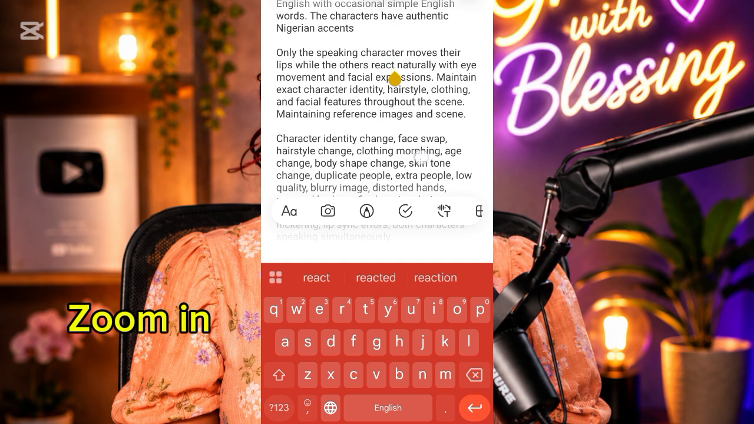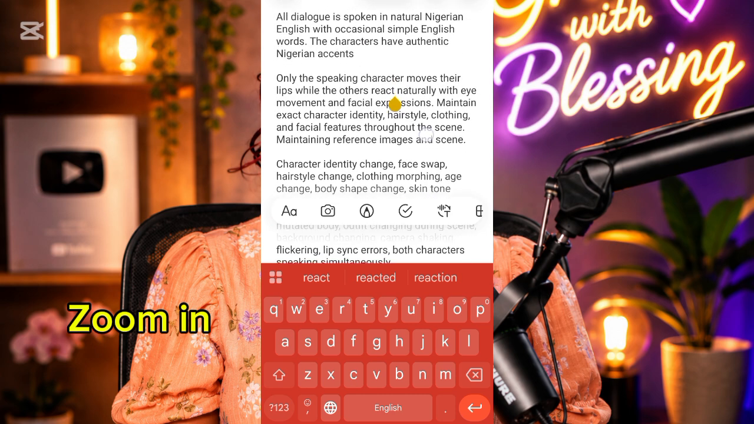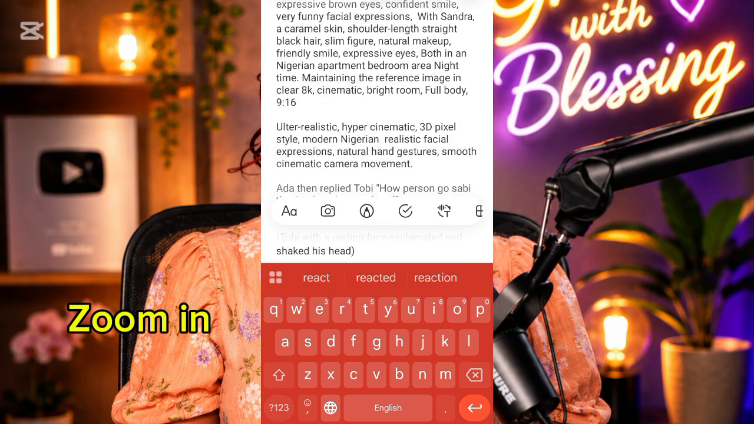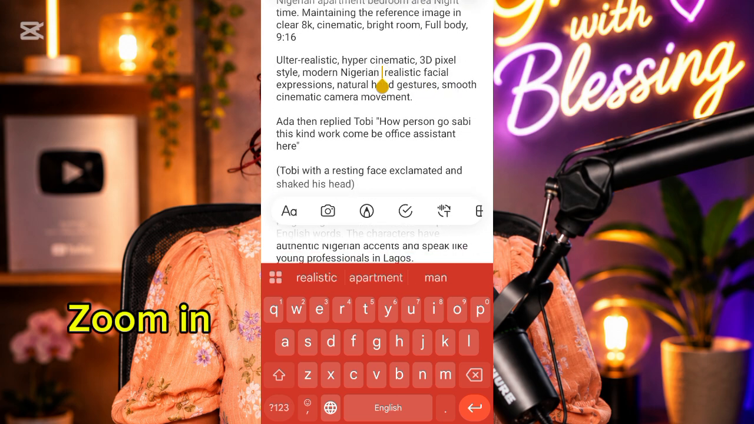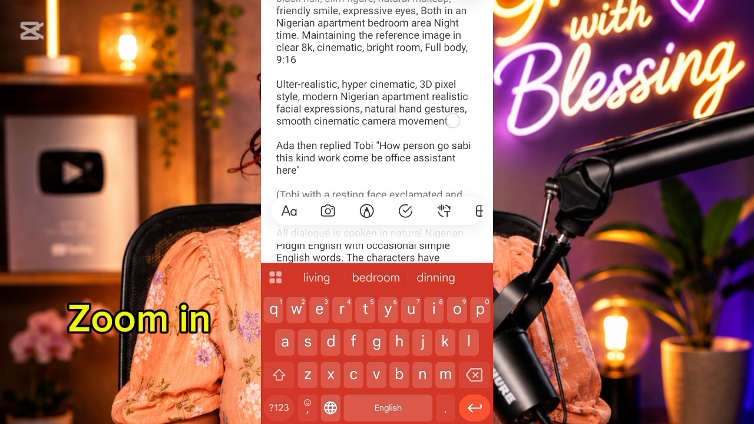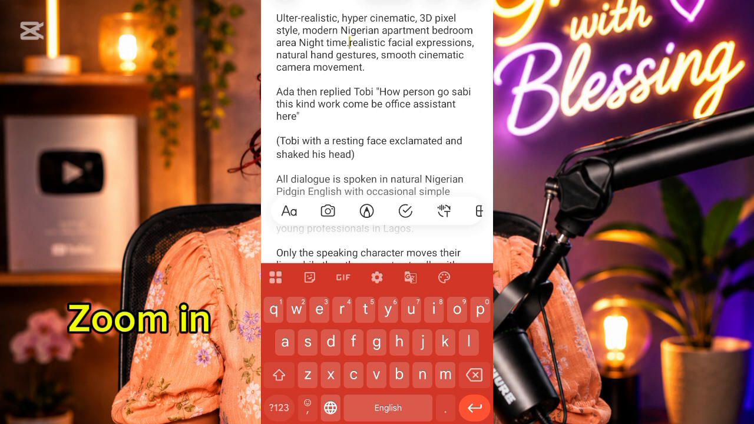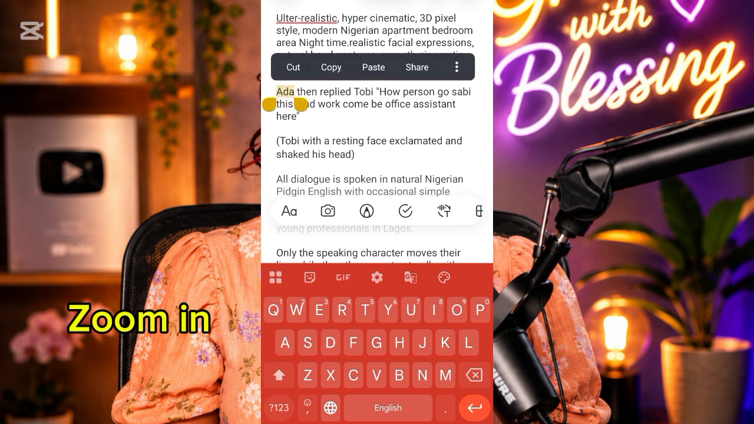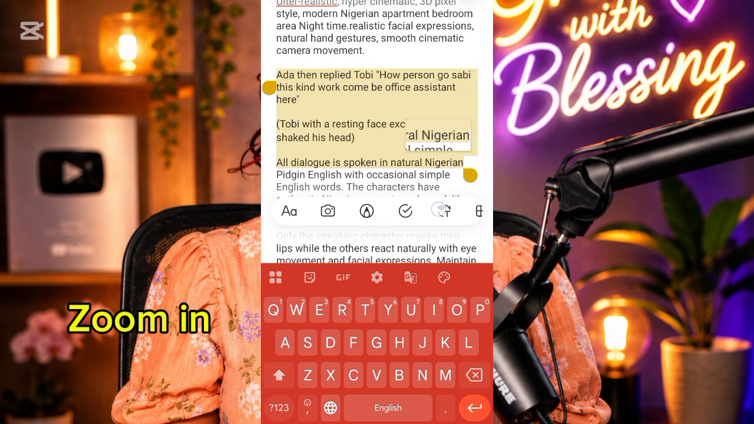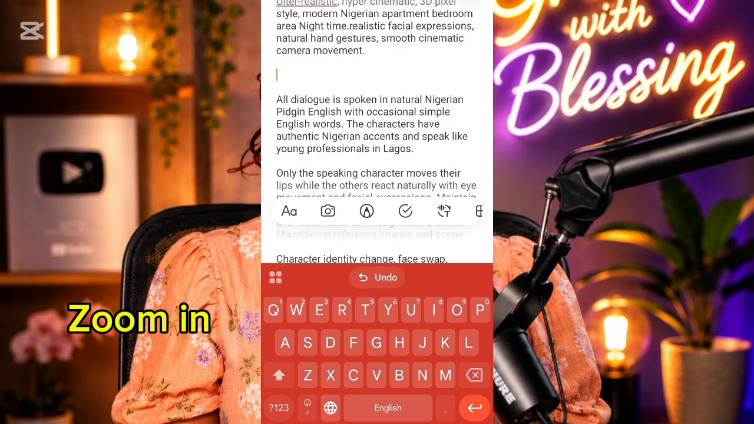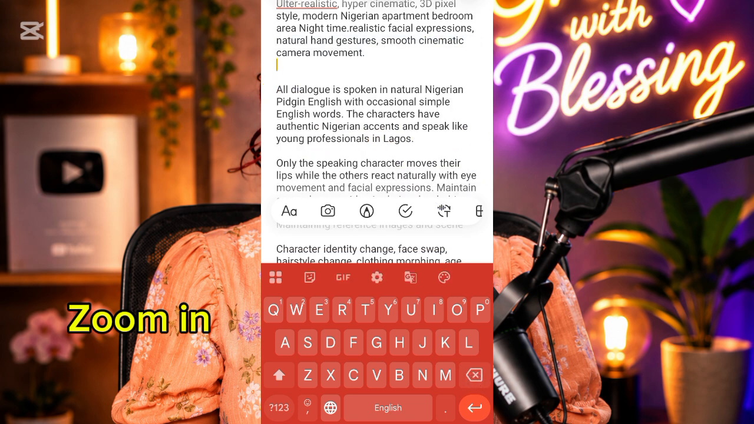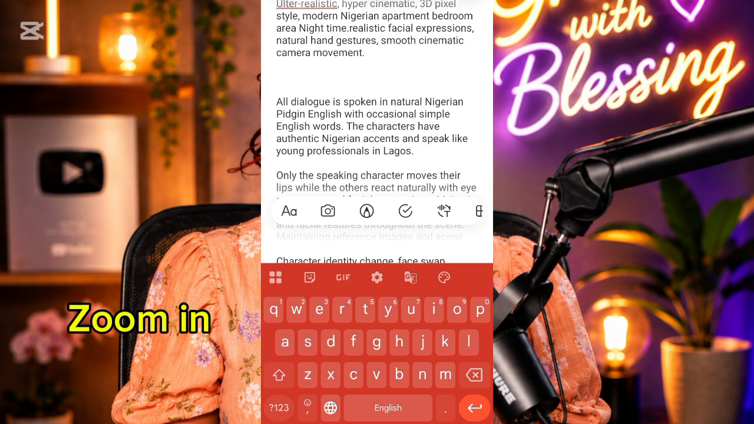So this one, apartment bedroom area, night time. So now Ada, I'm going to be deleting this dialogue and start a dialogue that I want them to do. So you are going to do it. So you now write